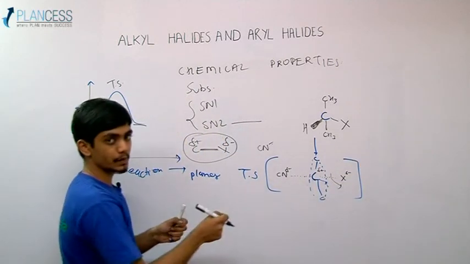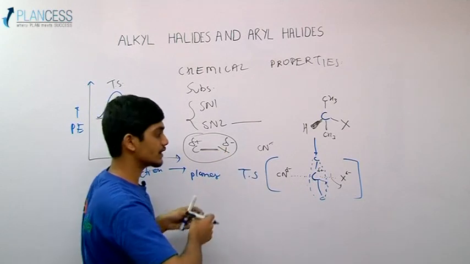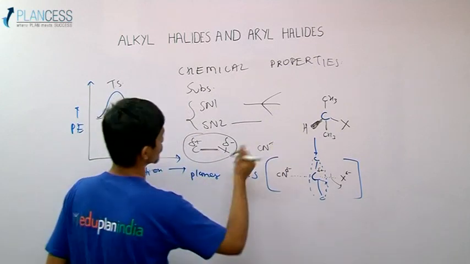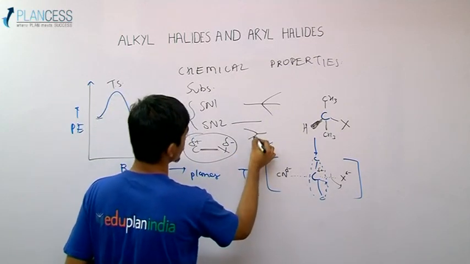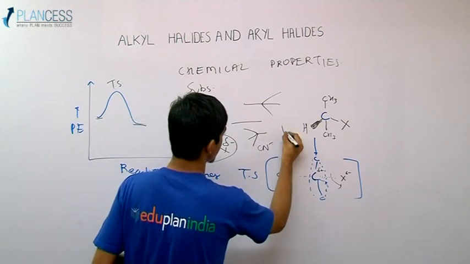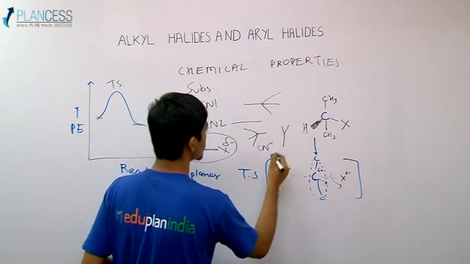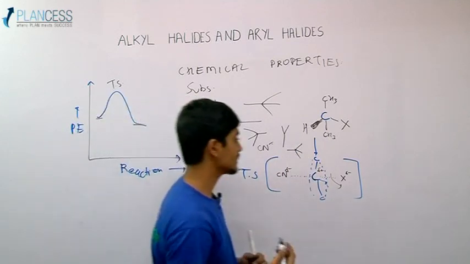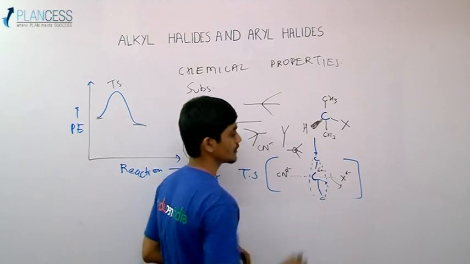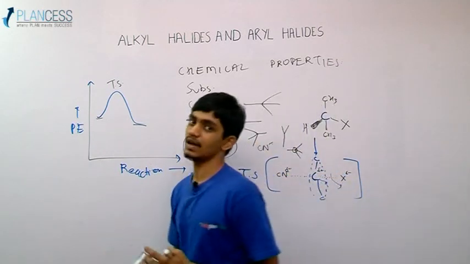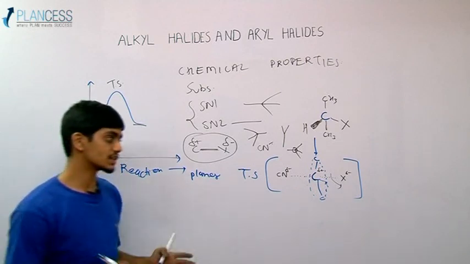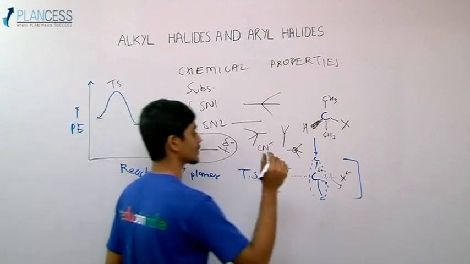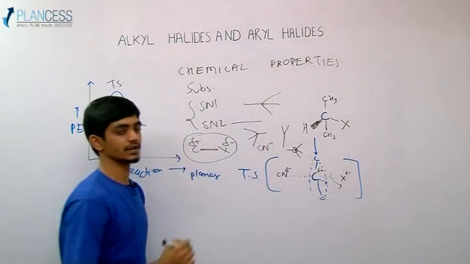That is, when you open it, it becomes planar, and then what happens to the umbrella is it becomes like this if you push further. So earlier the umbrella was this way. When you pushed it, the umbrella became something like this, and when you further pushed it, the umbrella became something like this. So we can see that at this particular carbon there is a kind of inversion, and that is a very, very important stereochemical aspect of this reaction, that in the SN2 mechanism the configuration of this carbon is inverted,